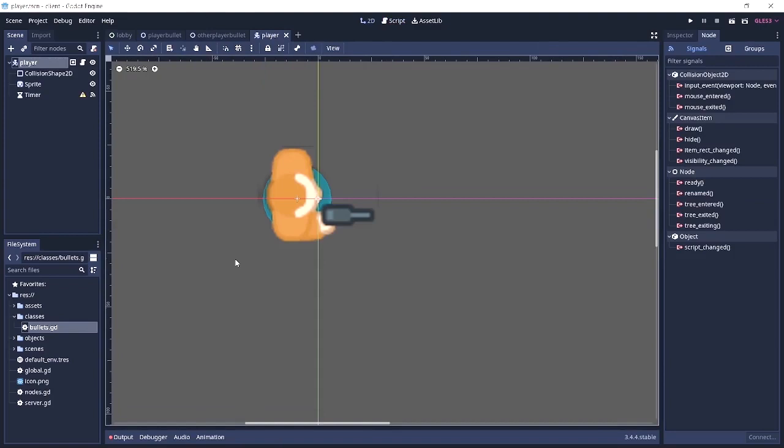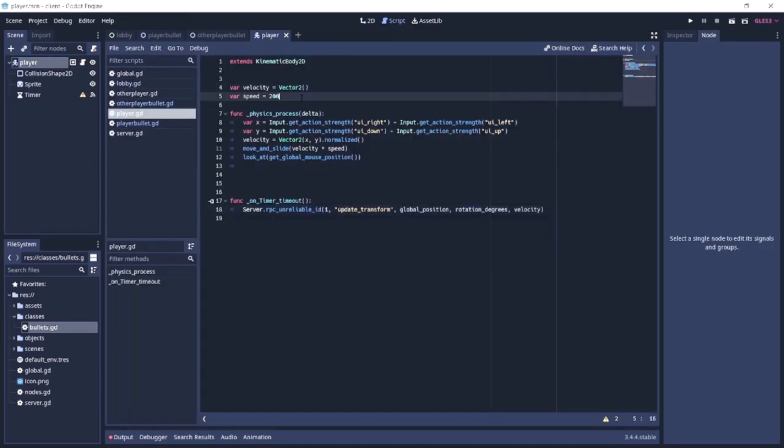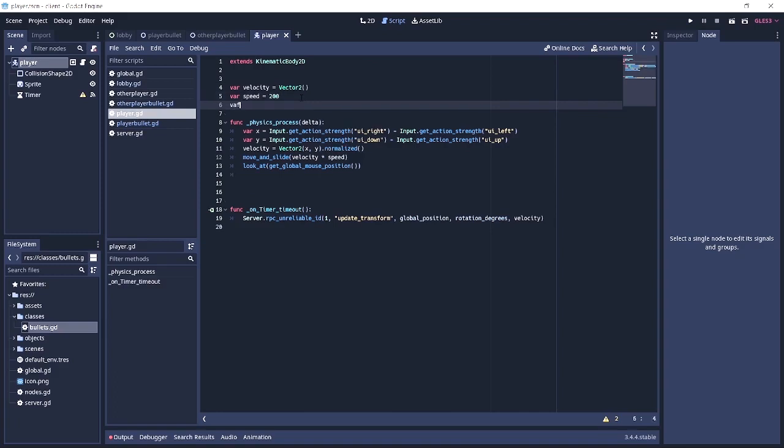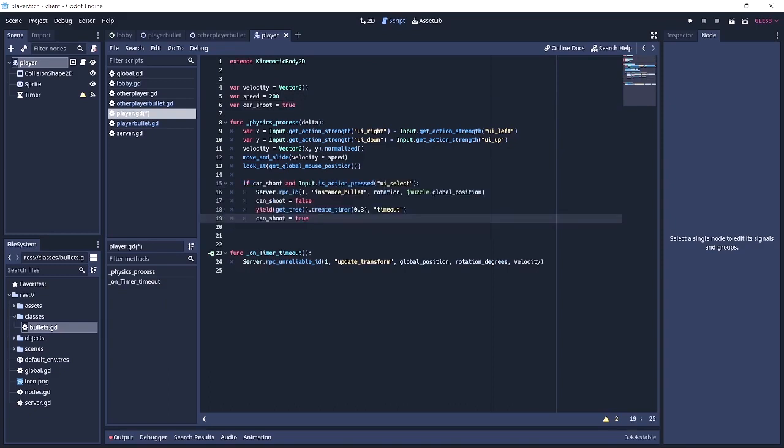So now it's time to actually instance these guys. So on the player script, I believe I've covered this in many of my tutorials. This is basically just top-down shooting. First off, we're going to make a variable called can shoot, and it's going to be equal to true by default. And over here, if we can shoot and the select button is clicked,